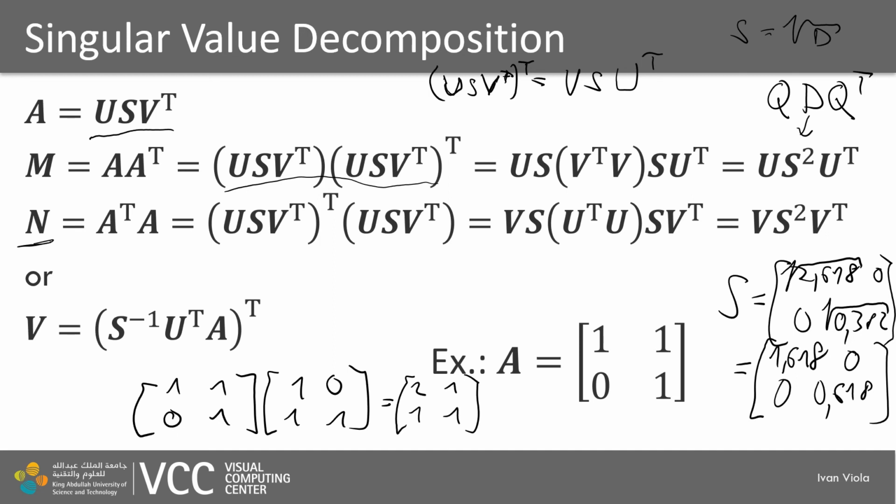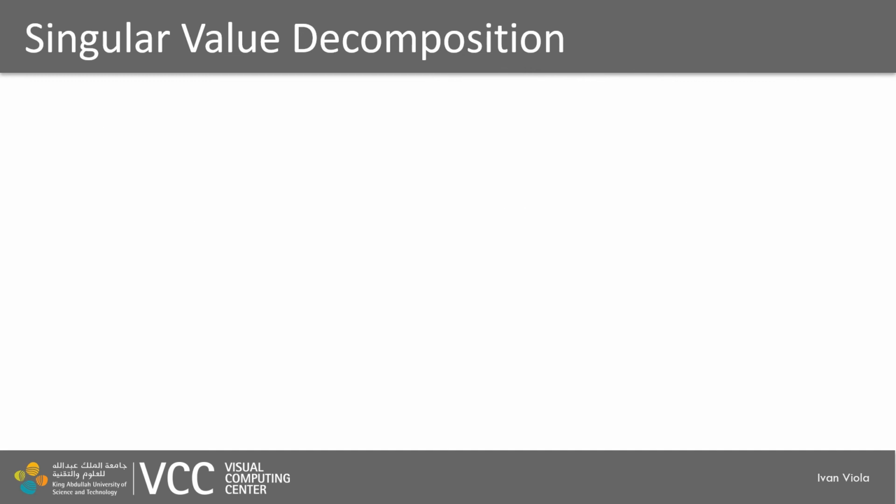There is also another way: we can have a look at this original equation and calculate the V by putting the V on one side and the product of all the other matrices on the other side. So once again we have A equals U S V transpose,